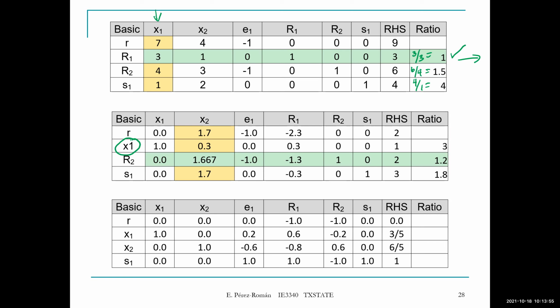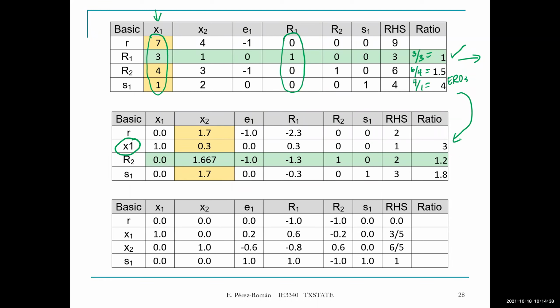So if that's the case, we now need to make this column look like this one, right? Because that decision variable is entering the basis. So we have to make the elementary row operations to transform that into this new tableau. Okay, so at this point, I'm assuming that you know what we are doing. I'm not going to go into doing all the operations. So we do the elementary row operations and